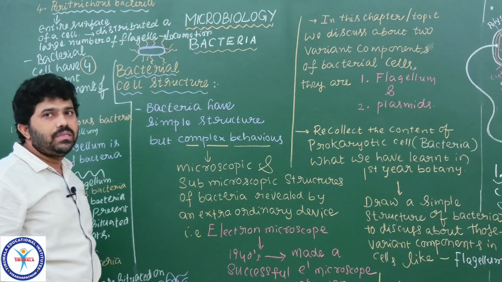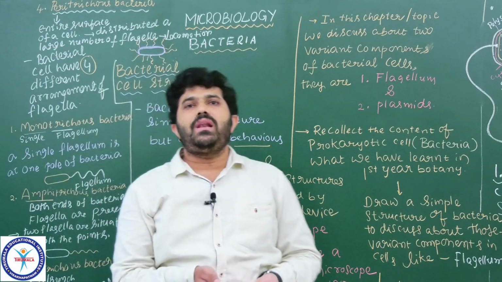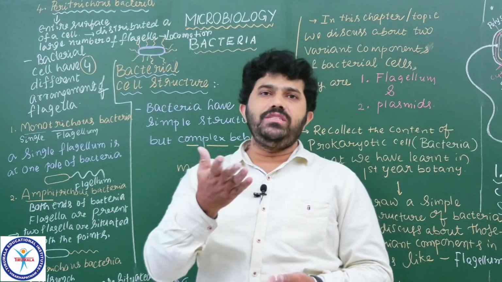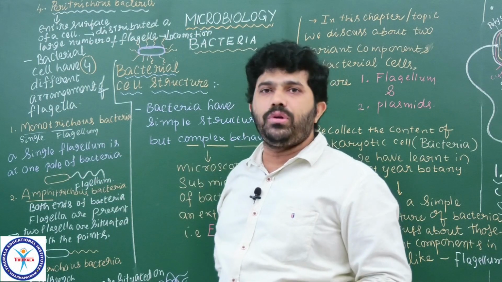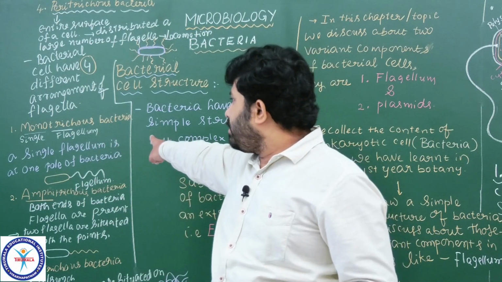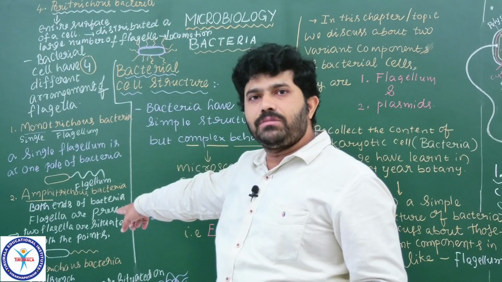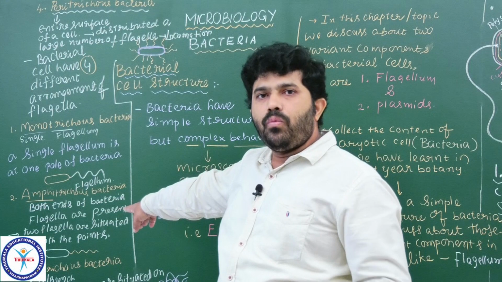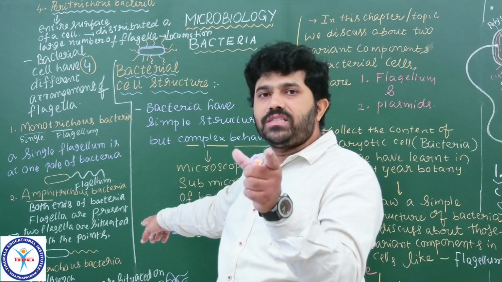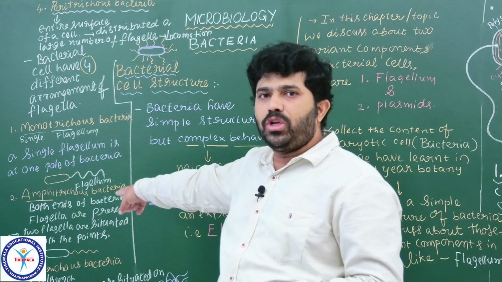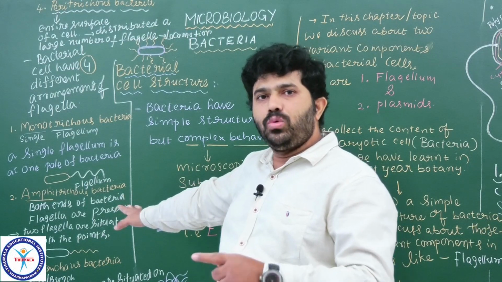You please note down, students. So like that, four different types of arrangements of flagella we saw in the bacteria. Based on the arrangement of flagella, we divide the bacteria into basically four types. They are monotrichous bacteria, a single polar flagellum we saw. Second one is amphitrichous bacteria, where one flagellum is situated at one point. Like that, from two points, two flagella exist on one bacterial cell, that is called amphitrichous. Both exist on two different points.